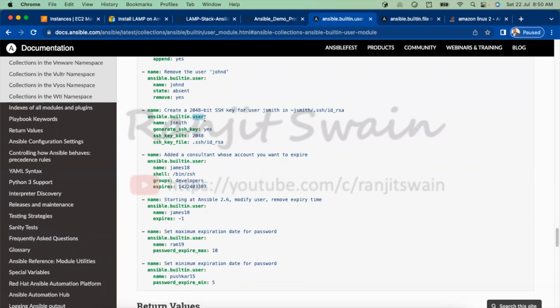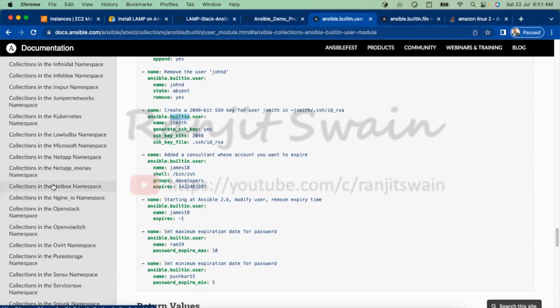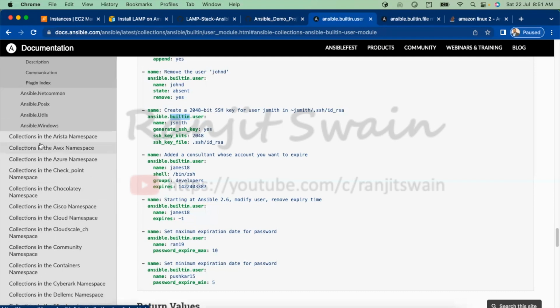It will still work, but make sure that you provide accurate information while writing the code, whether it is a built-in, a community provider, or a user-defined creation, right? We have lots of collections available, lots of communities where they provide modules. Let me give you an example. You can see here the lots of collections available. These are the modules being provided by the respective companies,